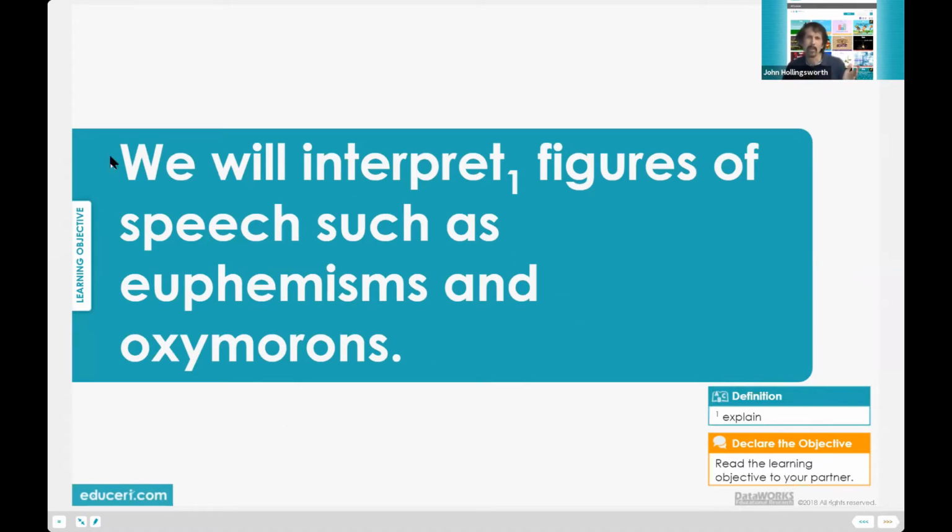Let's just go over a couple things. We're going to read the learning objective. We're going to use our track reading. And we're going to use our pronouncing difficult words. Now, I think I'm going to have you write down in the chat, what word might you pre-pronounce in this learning objective? And look at the words carefully. All right, we'll give them about 15 seconds to respond.